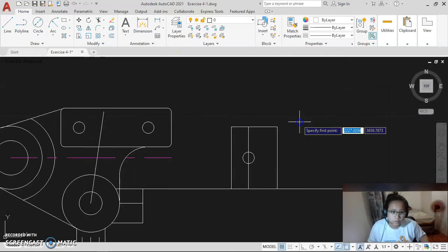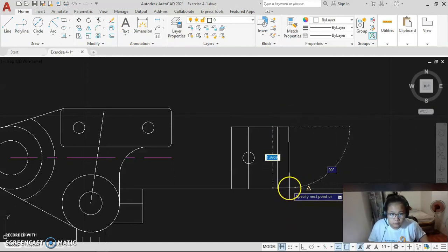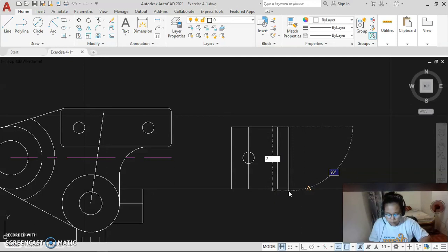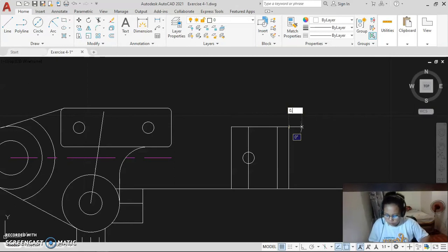So after that, we're going to make a line here with the length of 0.380 degrees, going down. So we have 2.03. And then another line of 0.24, and then another line here of 0.24,